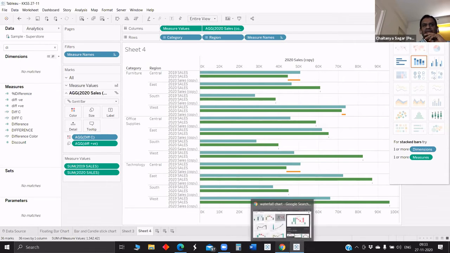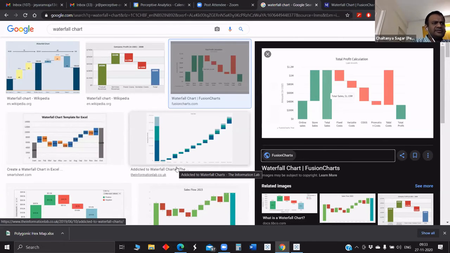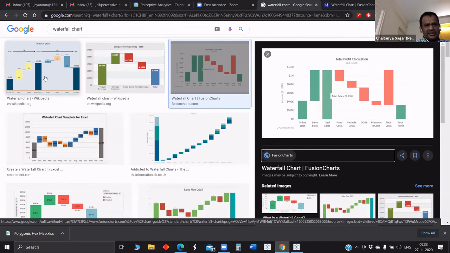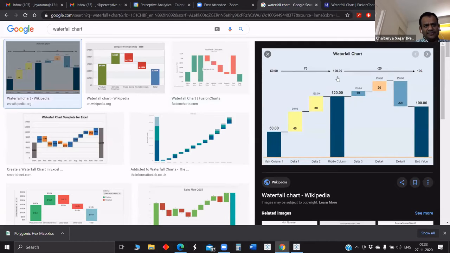So basically, I think there are maybe 2 or 3 variants. Once this comes up, see, if you look at this, the first one is a waterfall chart, Wikipedia result. Let's see any one of them, Jairam. Yeah. See, if you look at it here, maybe Sai, do you want to explain what you're seeing there? Yeah, just in terms of the chart mechanics.